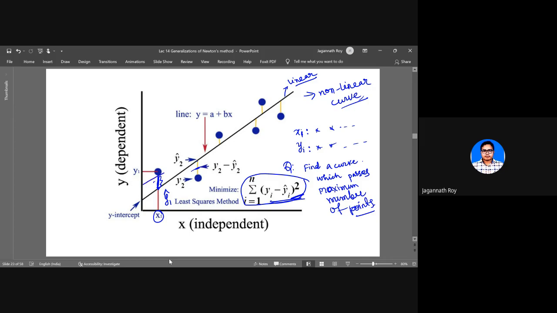This line will be very close to the points. Like I have said, if we draw a line here or there, this error will be bigger and bigger. So we have to select our objective in such a way that this line is very close to all the points. If you remember the introductory lecture that we have discussed,